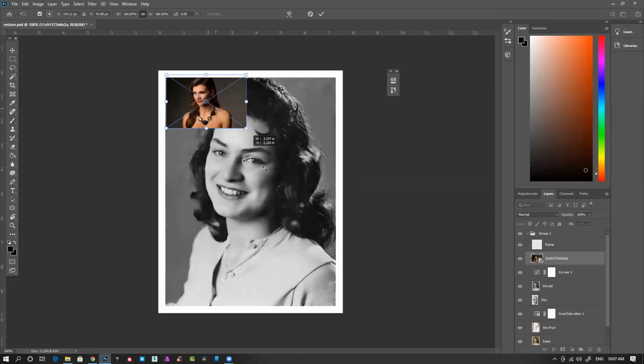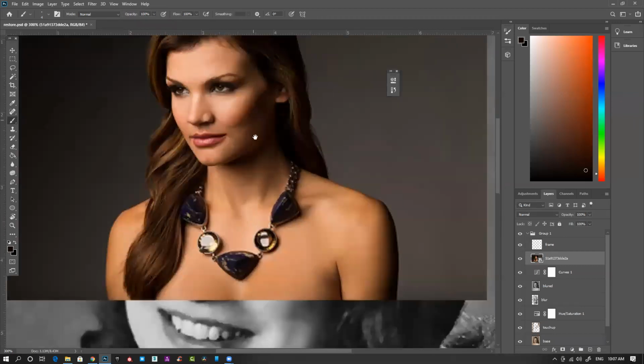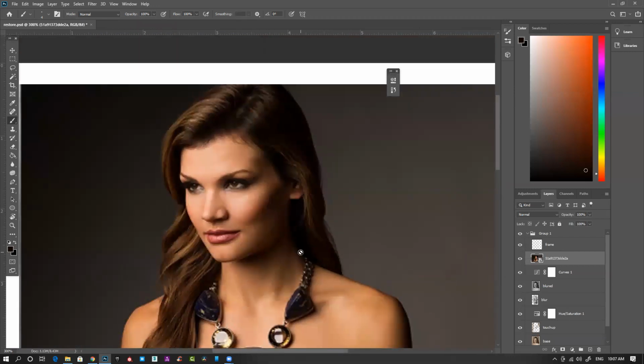I can increase the size without losing detail, and I can decrease the size without losing the details again. So a smart object is a very good way to import images and use them. If you want to scale anything up or down, it's a very good technique to use a smart object instead of a raster image. All these are raster images. If you scale them up, they will go blur. They will become blurry and fully pixelated. But if I use this, it won't be blurry and pixelated. I can show this with an example.